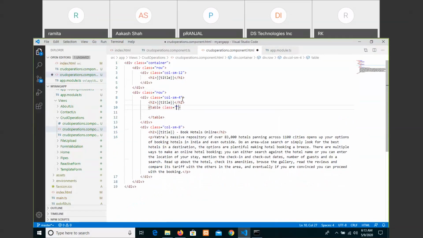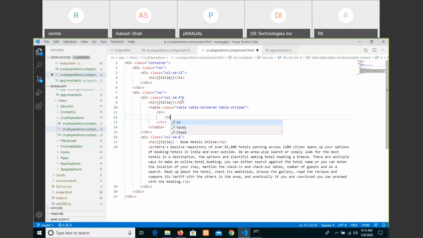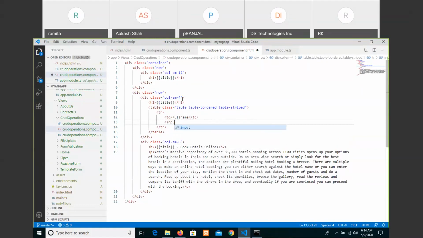table class equals table-bordered and table-striped. Then right here, full name, input type text,